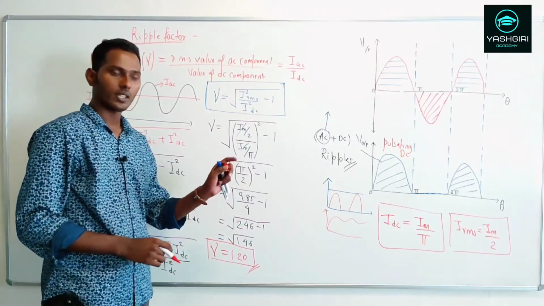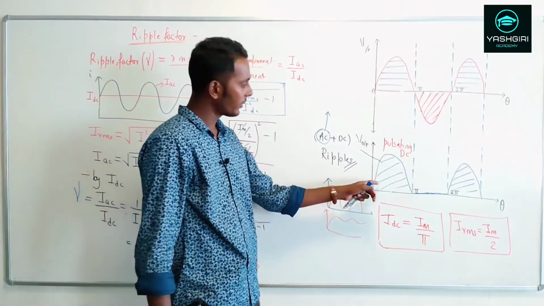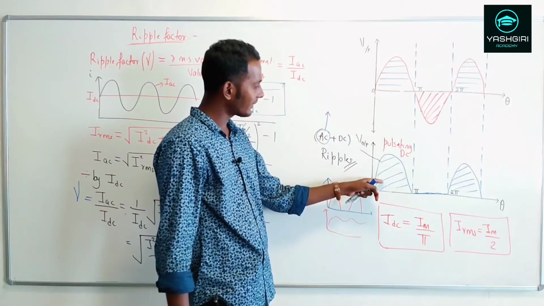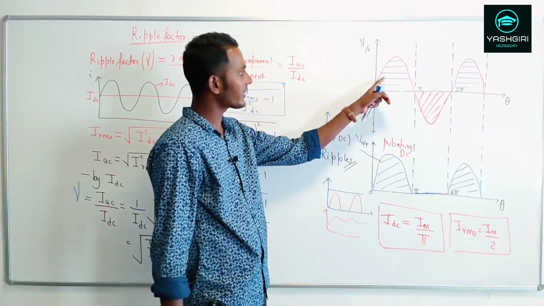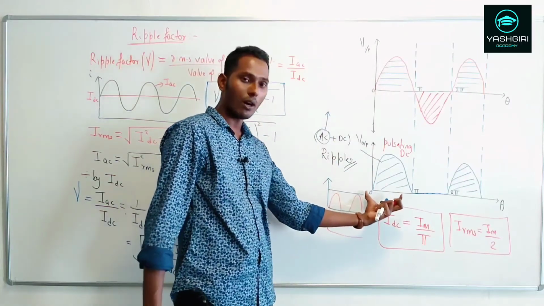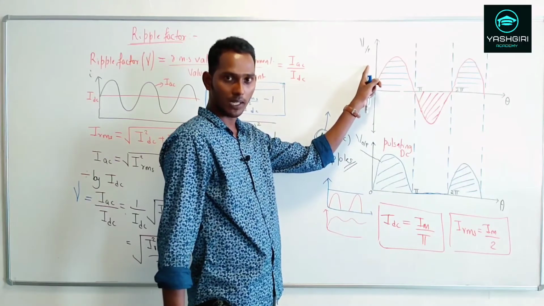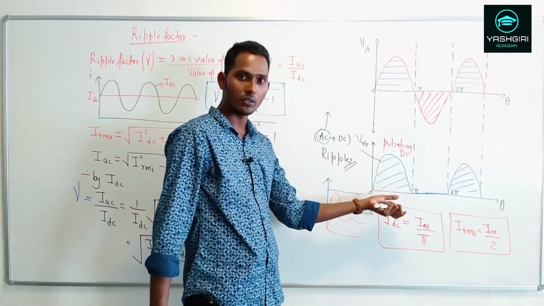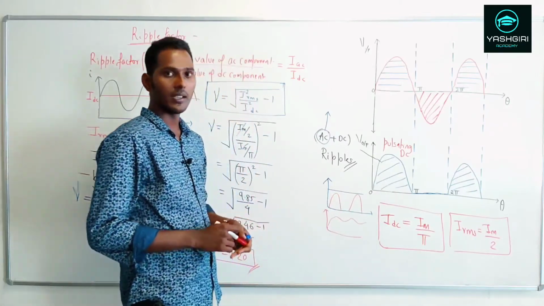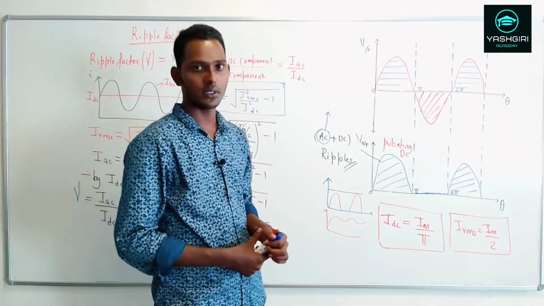But again, the main disadvantage is that it just rectifies this. The output you get at the end is just half of the input, or else you can say the power that will be delivered at the output is just half of the input power you are supplying. Suppose the supplied power is 100 watts, you are going to get just 50 watts at the end. So that's the big disadvantage of a half wave rectifier circuit.